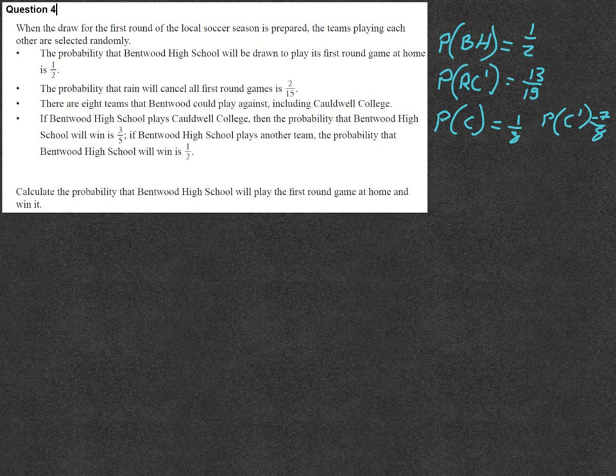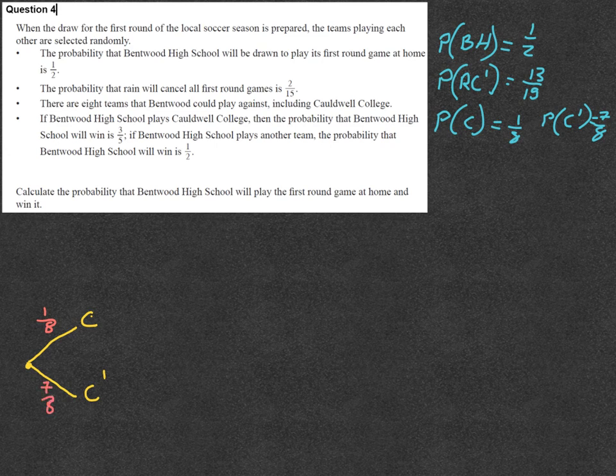So what I actually did here is I thought about a tree diagram, and you don't have to draw out every single option. The first probability is that they are drawn at home, so you don't even need to put that in. You know that part of the probability is going to be you multiply by half because they're at home. So what we're interested in, first of all, is if they get Caldwell College or not. So Caldwell and not Caldwell. We know the probability of getting Caldwell College is 1/8,